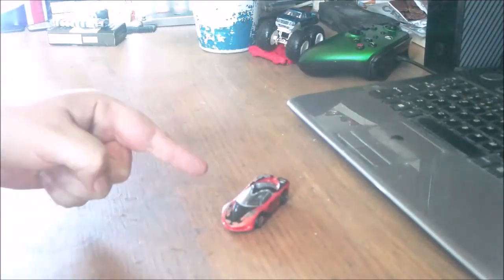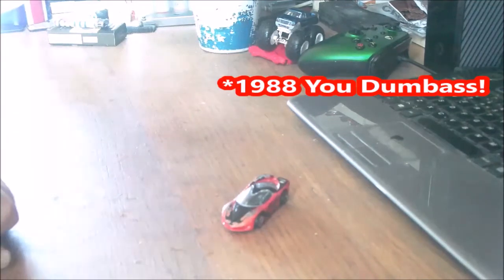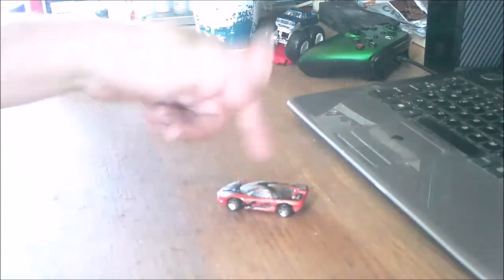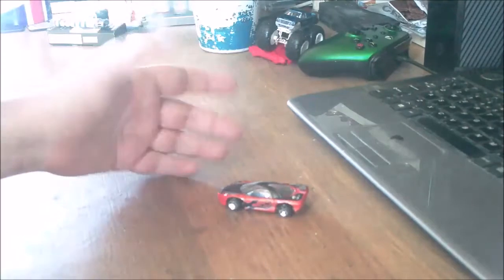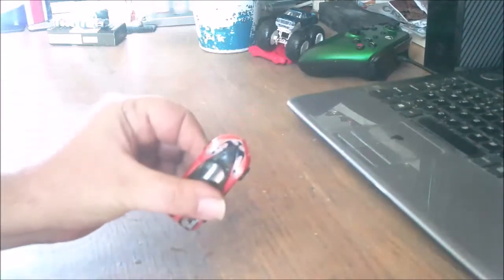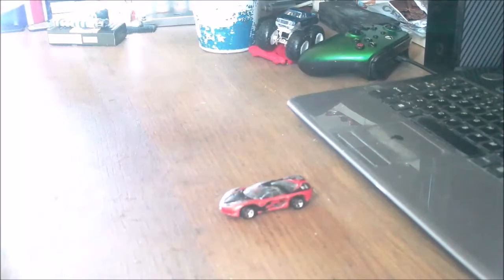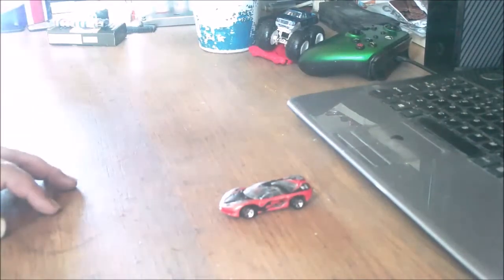This time round what we have here is a 1989 Pontiac Banshee concept car. It was basically an average sort of late 80s futuristic shaped car. I mean, you've got this wedge shape and everything, the pointy front and everything. But the reason why I'm doing this one, which would otherwise be an unremarkable footnote in the history of concept